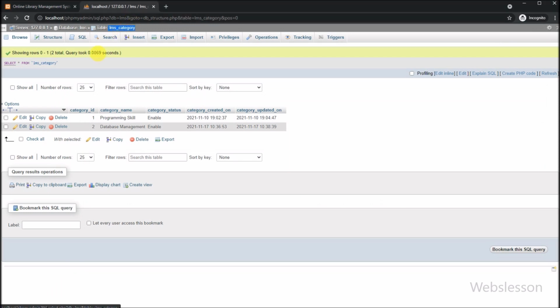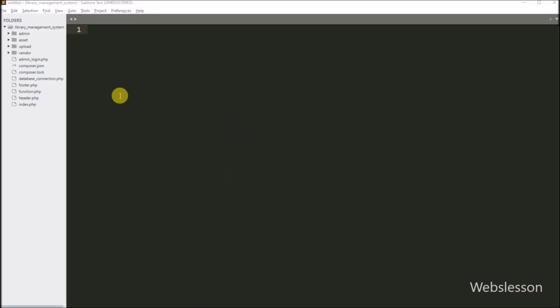So this is the category table in the MySQL database, with table columns like category id, category name, category status, category created on and category updated on. We will fetch data from this table and display it on a web page in JavaScript data tables. Now we go to the working folder, and here first we want to add a category link